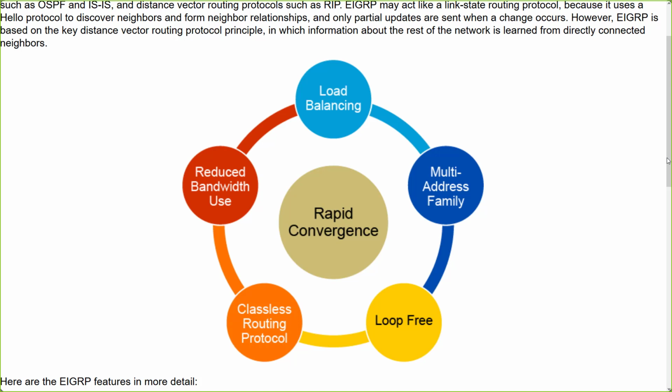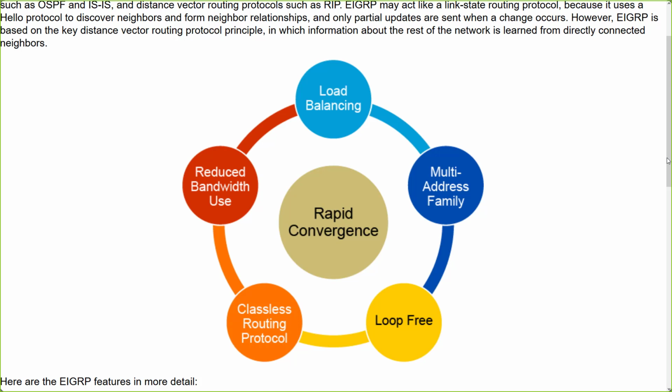I'll describe what it is right now, but I don't expect you guys to remember it just based on what I'm saying, because these DUAL concepts that we're talking about really do require us to look at it visually, and I'll draw a diagram and represent these concepts a little bit later on as well. But the feasibility condition basically states that if the reported distance of the backup path